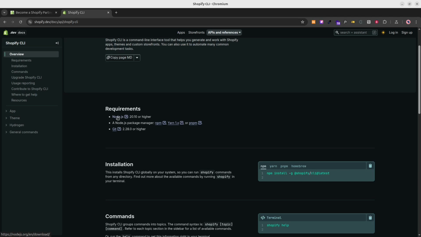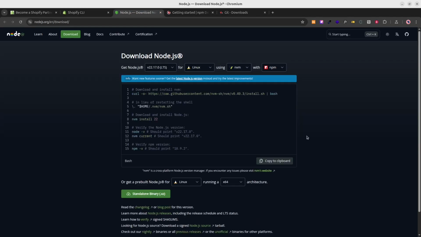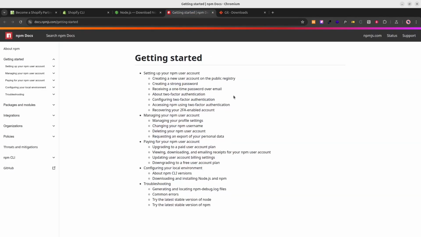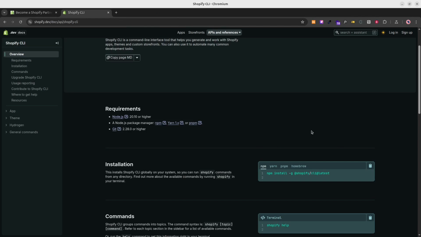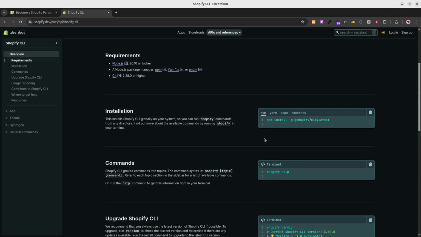Both of these tools have links already put for you here. You can just follow those links, and you're going to be redirected here, and you can follow along and download these tools if you do not have them yet. I'm not going to do that because I already have these tools on my computer. So in order to install Shopify CLI now, we need to copy